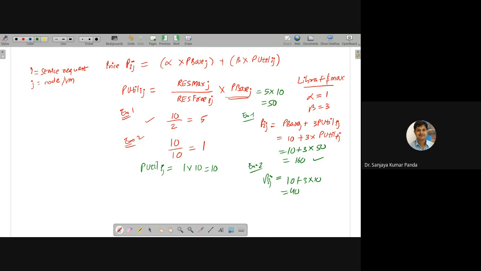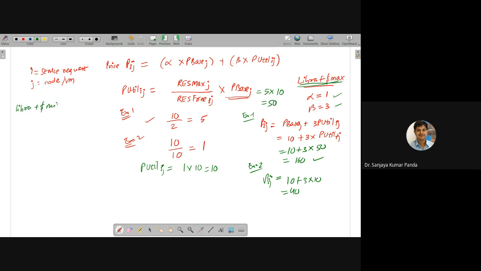So see how drastic the change is. When the number of resources used is more, the price is drastically increasing. So in this way, if a particular scheme is given to you, you have to remember these vectors: alpha is equal to how much, beta is equal to how much. Like if the same thing you calculate for Libra plus